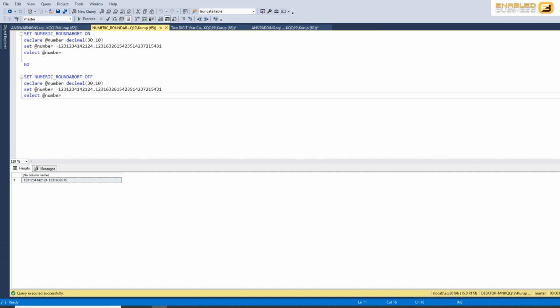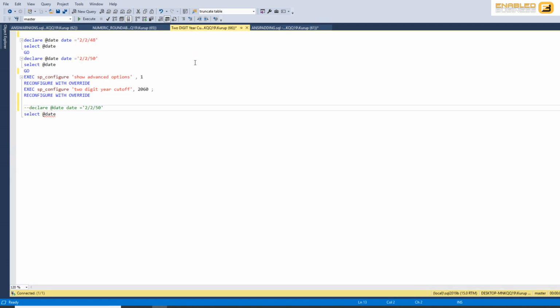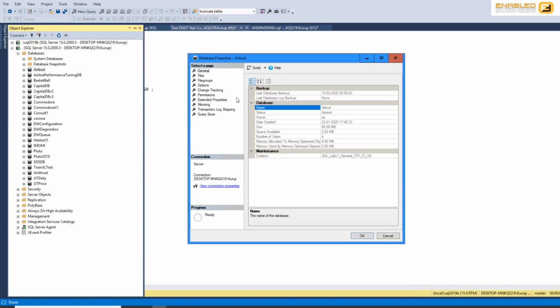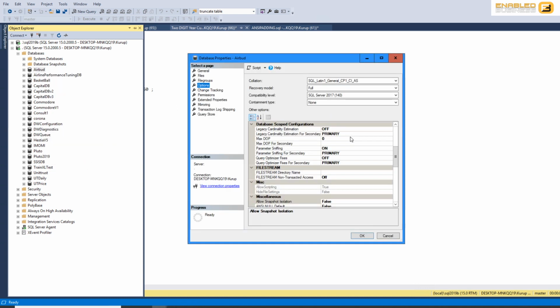Next, we have the 2-digit year cutoff. Again, it's a database setting that's not really a database setting because you change it at the server level. However, it's something that's available on the property screen, so I thought we should cover it. Typically, when you write a date like this, SQL Server could potentially get confused about whether you mean 1948 or 2048. So for that reason, there is a cutoff date that's set. If I look at my database, I would find that my cutoff date at the moment should be